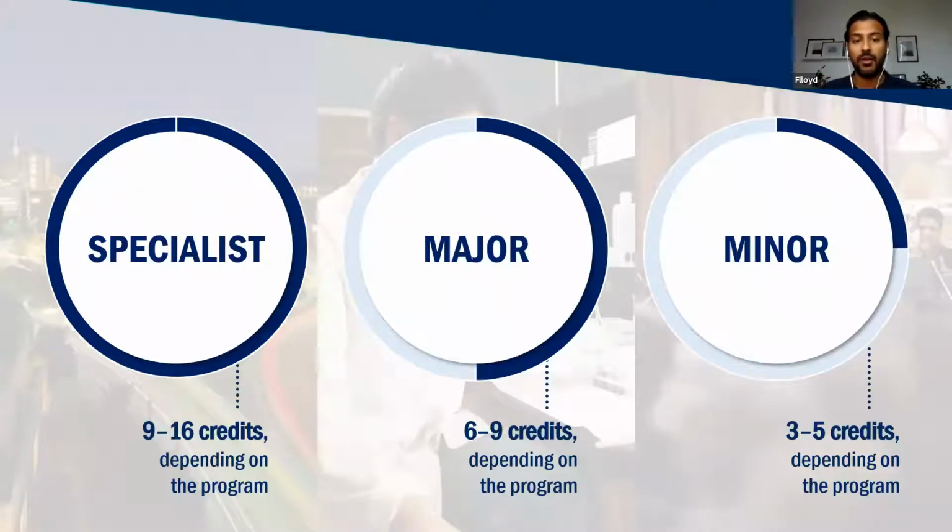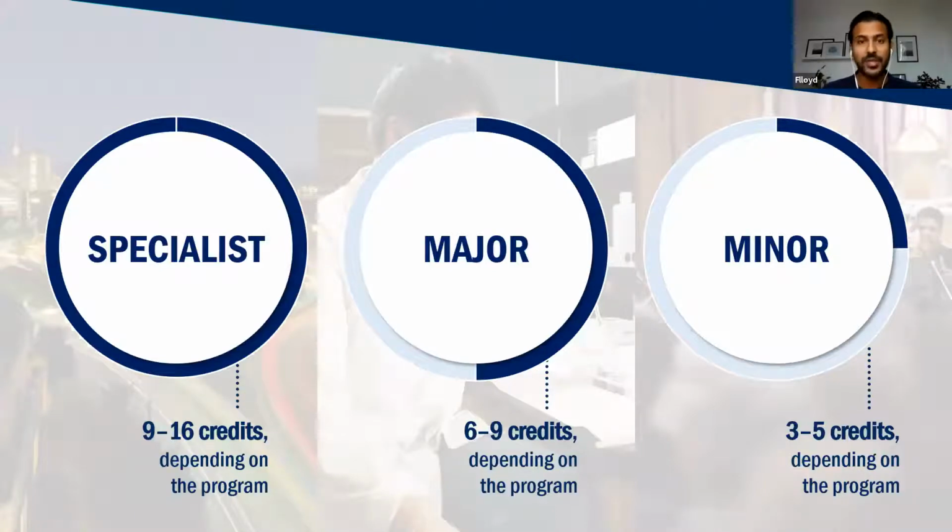So there literally are thousands of combinations that you can do to design a degree that no one else has done before, and something that's unique to you based on your interests and your passions. Now, with all of this said, students don't decide their specialist, their majors, and their minors until the end of your first year. So you have first year to explore what's out there, figure out what is the best fit for you, and then take courses in that first year that'll lead you down that path.